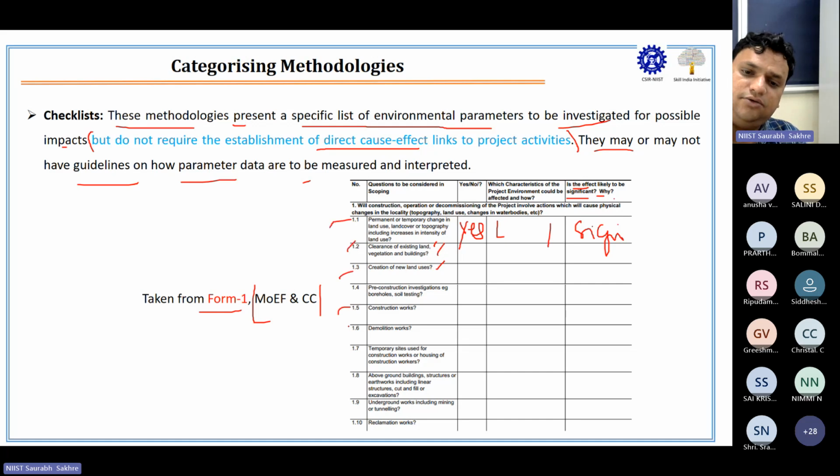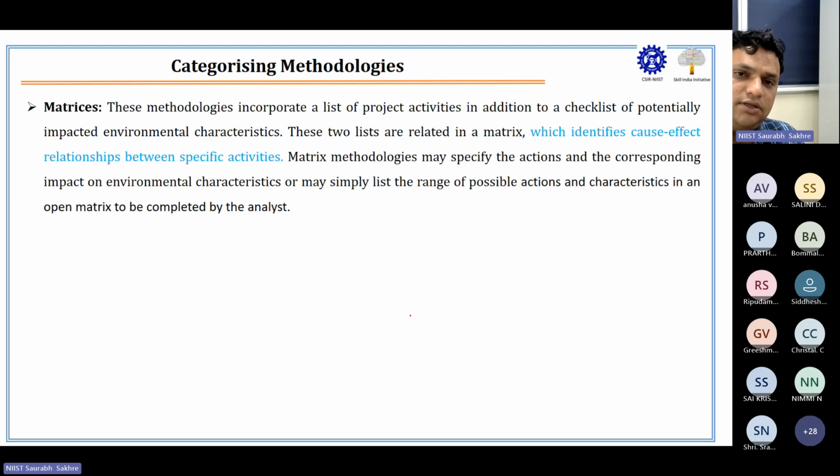For each point, you have to provide the checklist. If there is some construction work, if there are some demolition works like that, you have to go. So this is the second method. Third method is